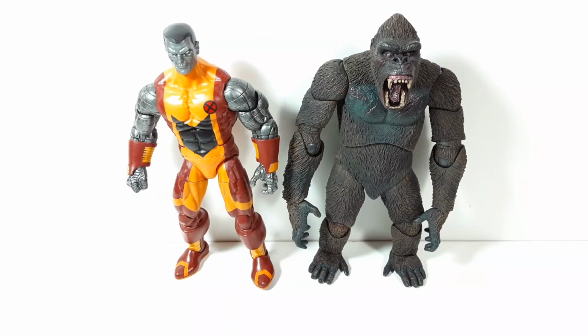And now let me bring out some other big figs to compare him to. And here he is next to the Marvel Legends Colossus figure. And actually he does stand...